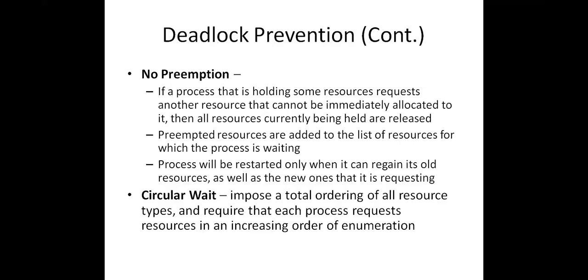Here also, suppose P1 requires three resources, and R1 and R2 are already allocated to P1. Now P1 requires R3. So what does the process have to do in order to get R3, even though it has not completed its execution? Temporarily P1 releases R1 and R2. After some time, whenever all three resources are available, we will assign the resources to the process. That means the process itself voluntarily releases the resources, because it requires R3 right now. Then only it can complete its task.